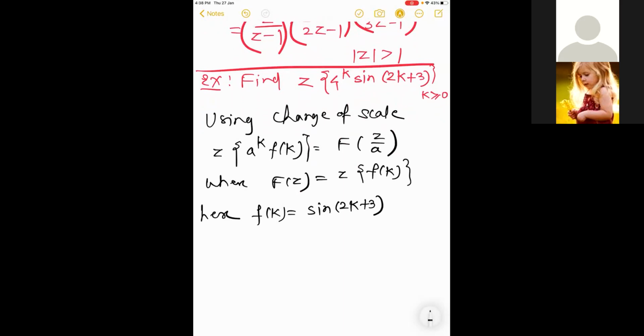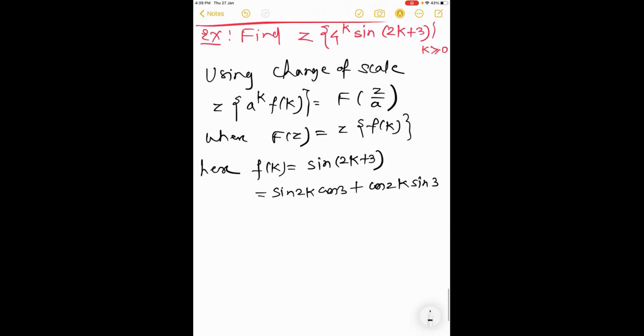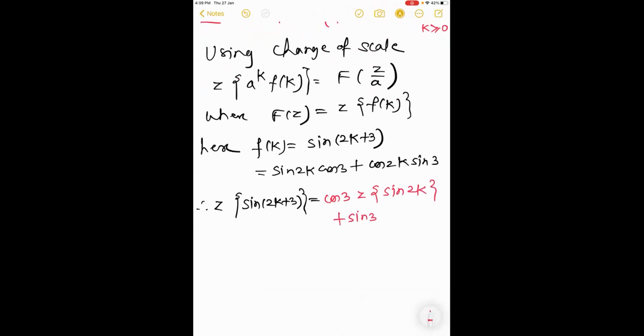Sine of 2k plus 3 means what? You have to take the expansion: sine 2k into cos 3 plus cos 2k into sine 3. Already we have done sine of a plus b, so we are writing it in terms of that. Cos 3 and sin 3 are constants, and therefore z transform of sine 2k plus 3 means what we'll get? Cos 3 as it is, z transform of sine 2k,